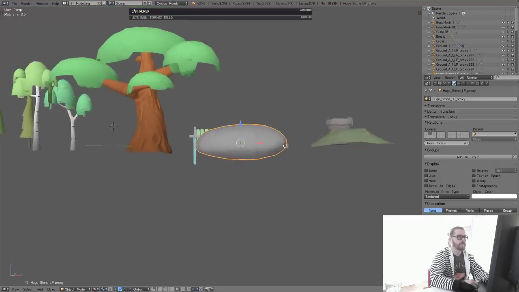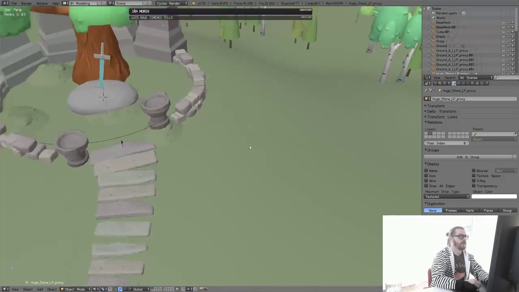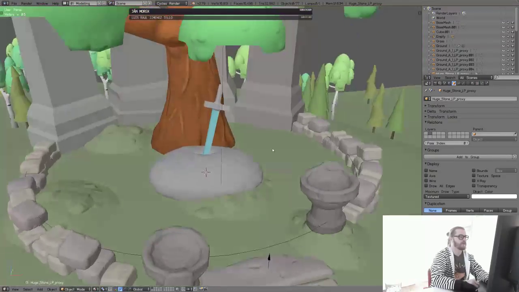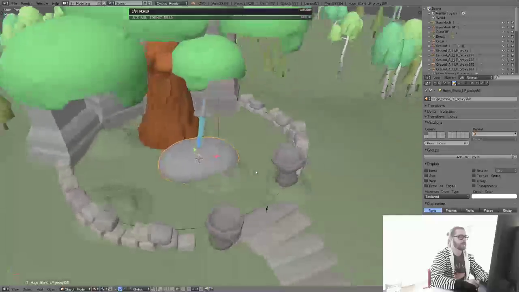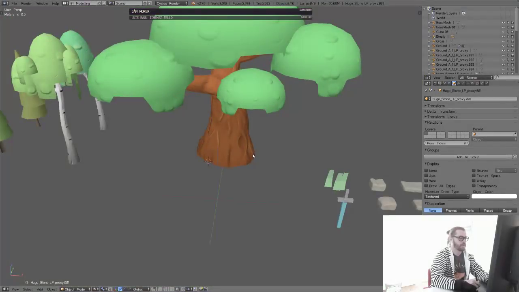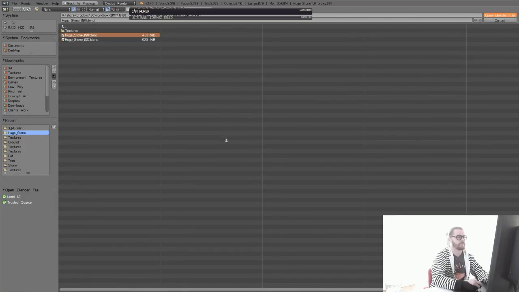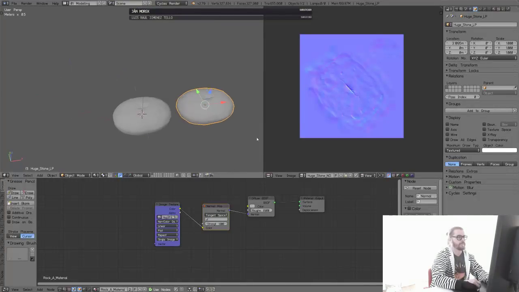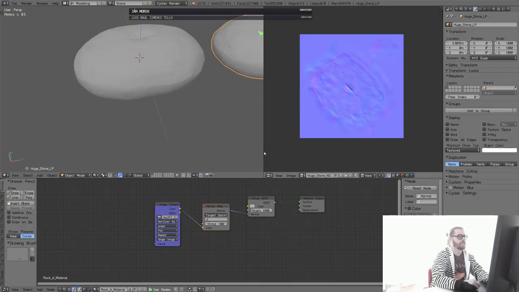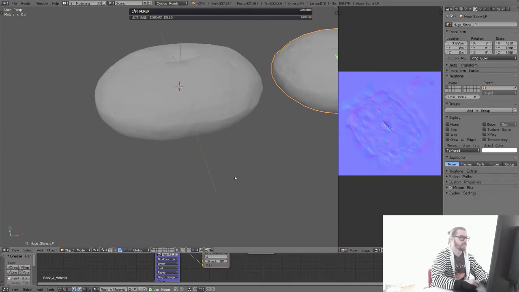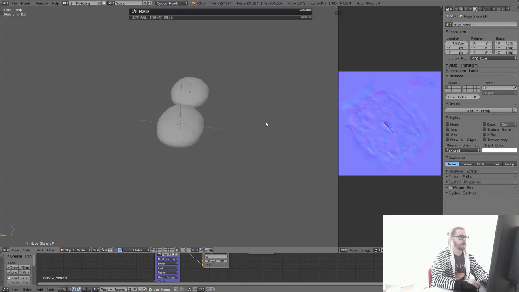Or actually, I could redo this stone because it got a bit too much like a potato instead of a rock. So I'm gonna redo it with more sharp edges and stuff like that. So I'm gonna open up that file. So what I'm thinking, I'm not gonna do it as round and smooth. I'm gonna make a more sharp version. So actually,